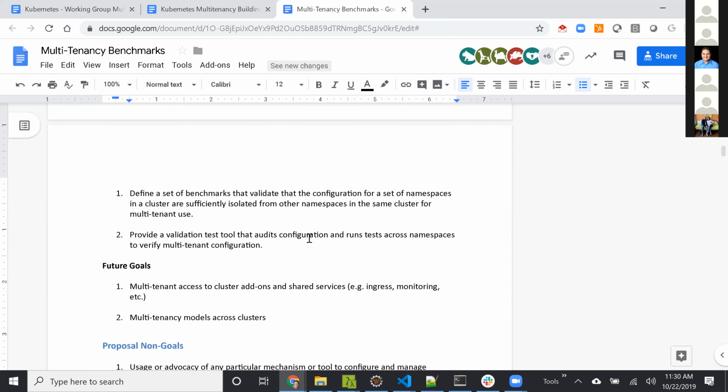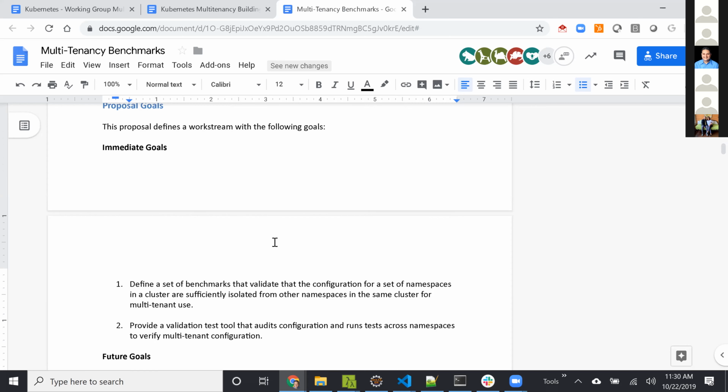Okay, so just to quickly cover the goals here and make sure that we're at the right level. What we wanted to do again was create this set of standards, so document what's required to configure a cluster so that there's sufficient isolation, and then provide a test tool for that. And we may not initially go through each conformance level or each profile.